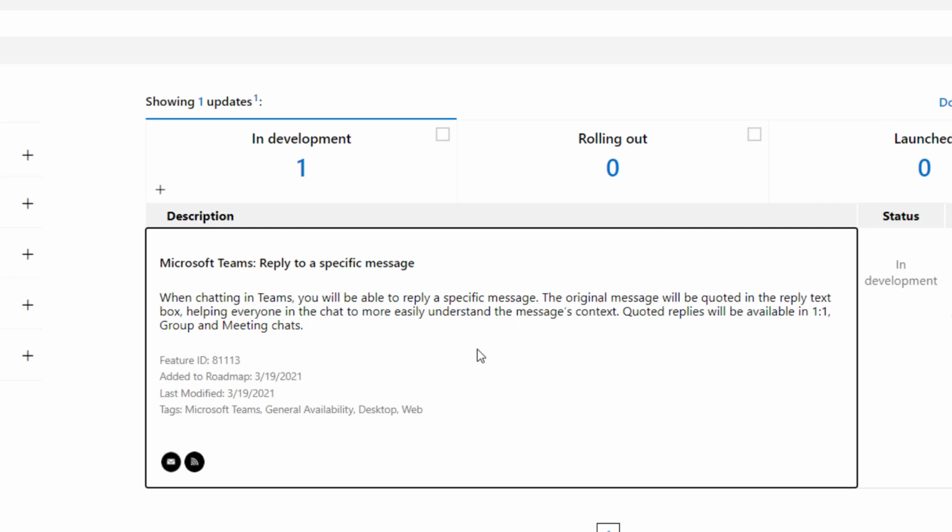Okay, and what this is going to do is help you keep your conversations grouped for easier readability. Now, if you're like me and you type really fast, my chats tend to grow, and so conversations can kind of become all over the place. So quoting messages or replying directly to messages allows you to ensure that you address specific questions or specific messages